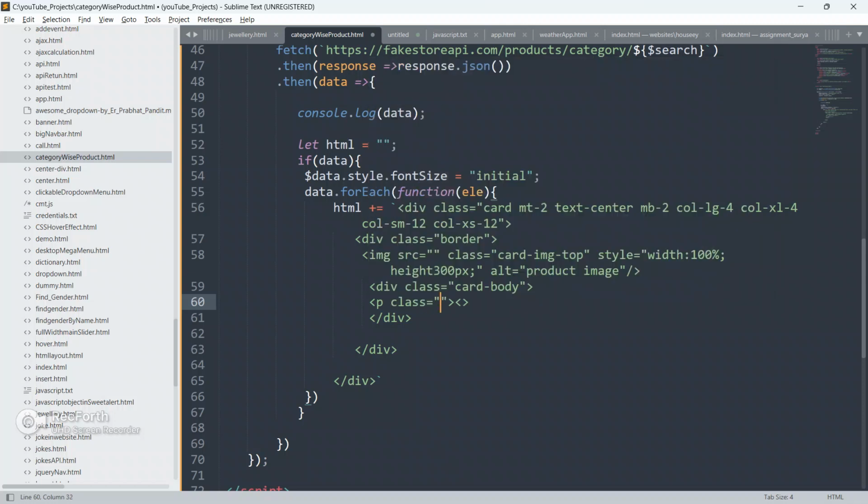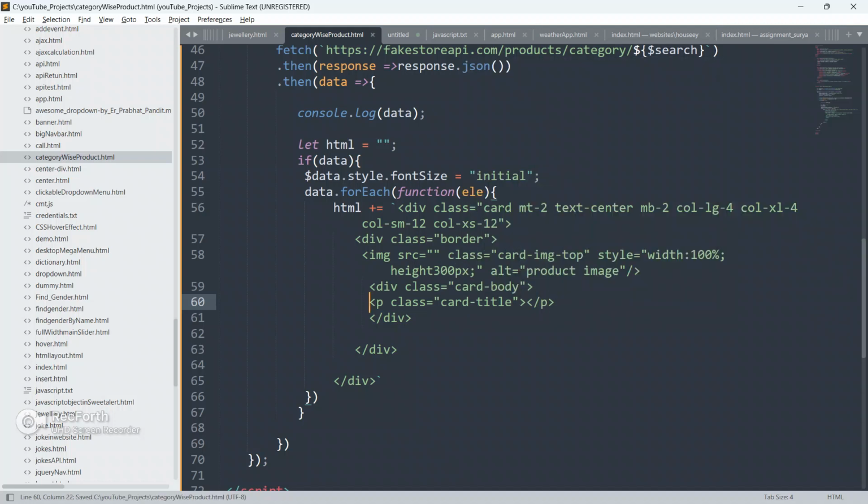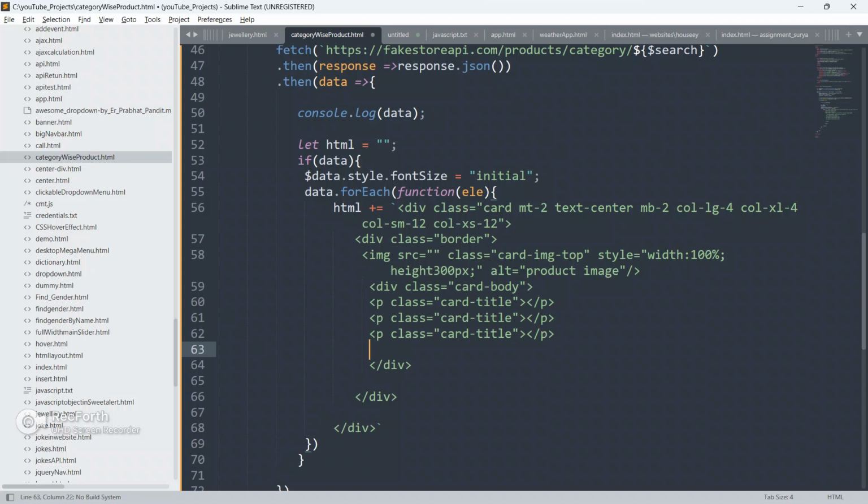Paragraph tag. So give it a class as card-title. Close this p, copy this p 3 times and paste it here. We'll change the text using JavaScript.